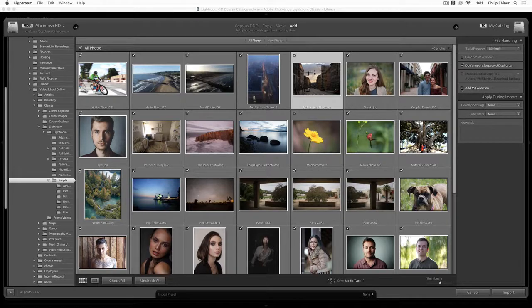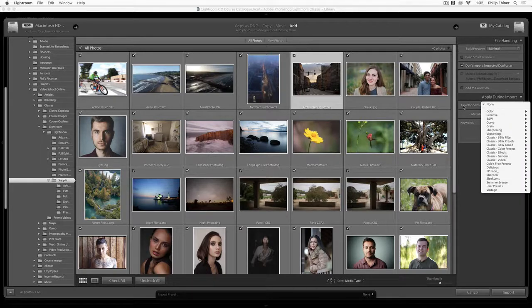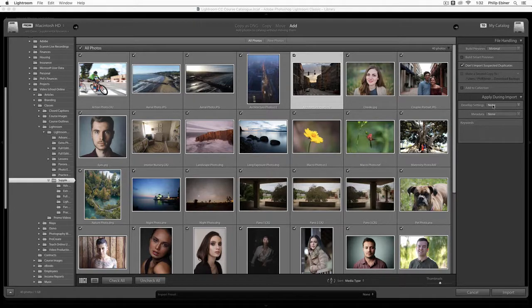Another option you have here is called Add to Collection. A collection is sort of a folder within Lightroom that is a way to organize your photos. Now, I'm going to uncheck that, and we'll look at that in a minute, because we can actually add photos to collections and organize them that way in the future. You also have some develop settings if you have automatic presets that you want to add, which can be done later on, we'll learn about presets. And then some metadata options, again, not something to worry about right now.